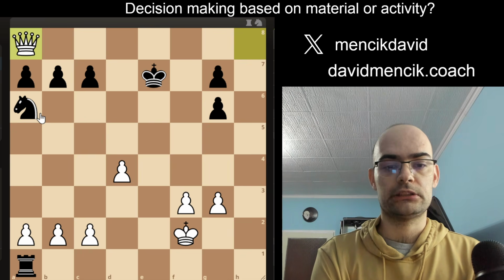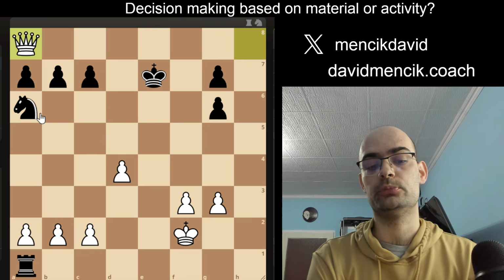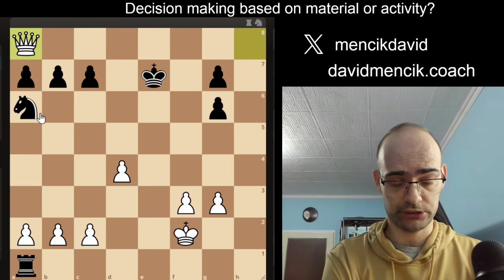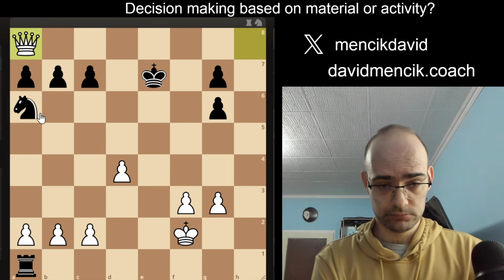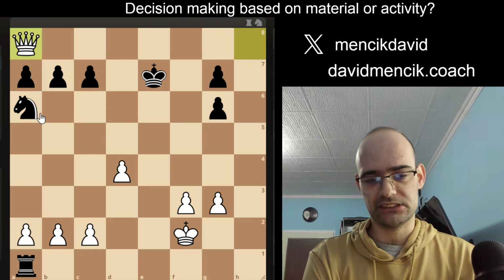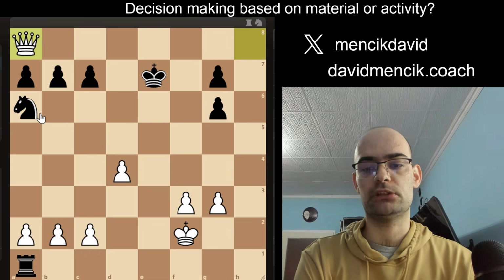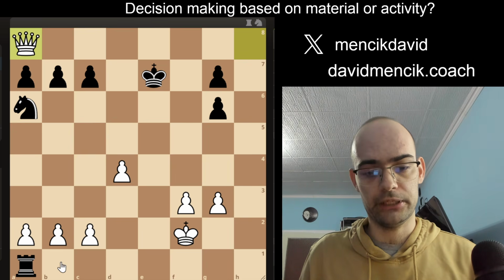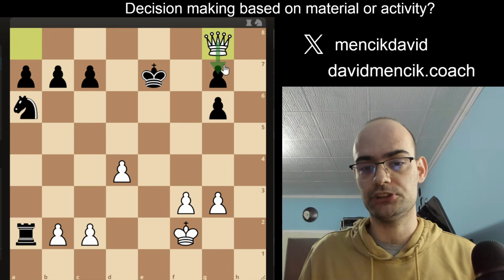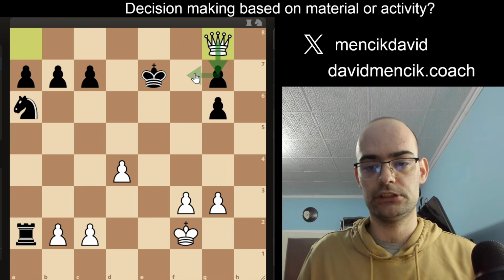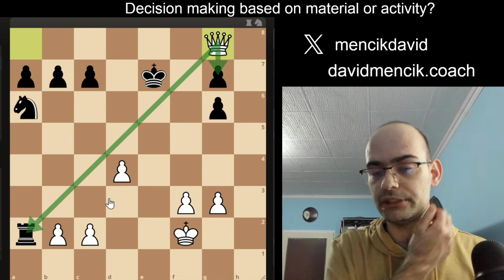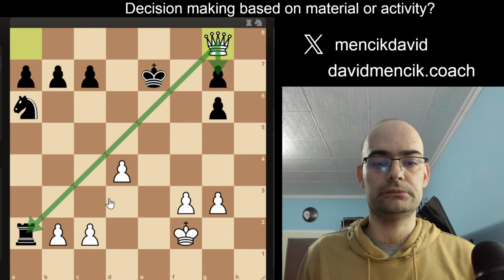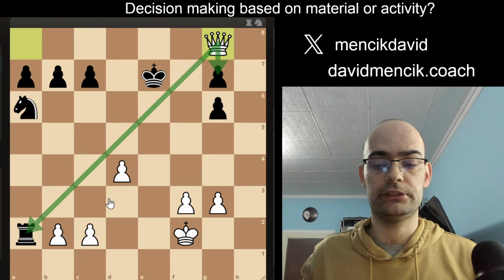is better for white. We are not only going to be slightly better in this position because we have a queen for the rook and the knight, but we will probably be winning pretty soon, as several black pieces are just not coordinated, and there will be several double attacks happening probably very quickly. My favorite would be, for example, rook a2, queen g8, double attacking g7 and a2 pretty nicely. And yeah, okay, the position is pretty much resignable.